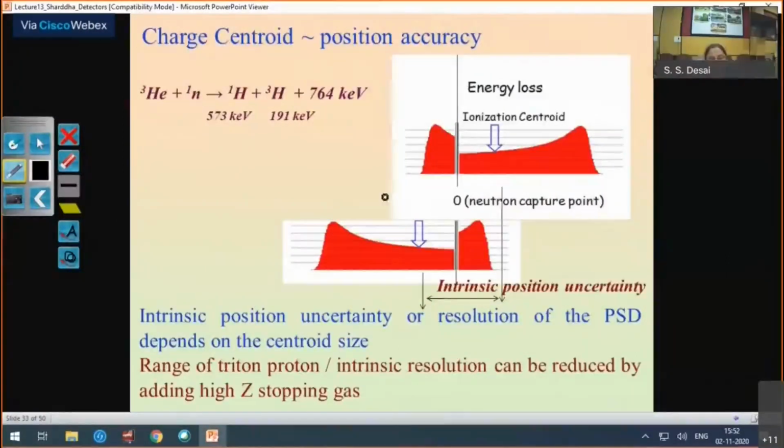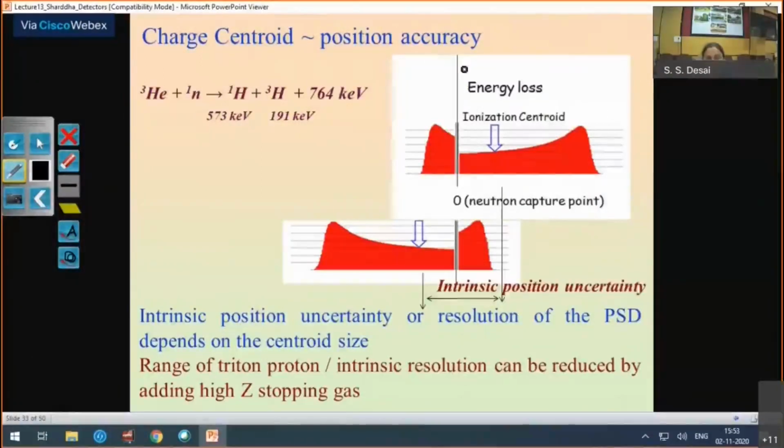There are some other requirements when you go from a simple detector to this position sensitive detector. One is the position accuracy. What it means is, for two nearest neutron arrival positions, how can you differentiate them? That is the position resolution, the accuracy of the detector: whether they are treated as different peaks or these peaks are merging. This again has to be considered while designing the detector.